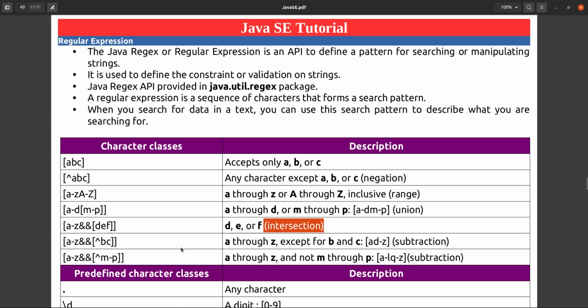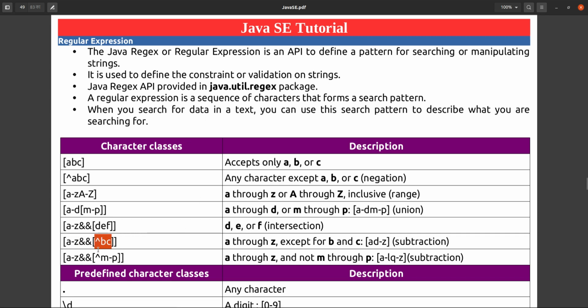Next one is A through Z except B and C. That one we have already seen. This is intersection only, but the intersection I am making is on the negation. This intersection should not include B and C. Other than B and C, you can give anything.